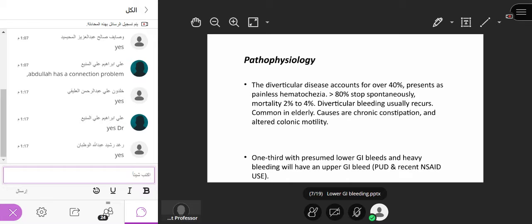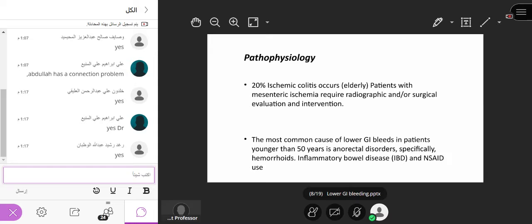One third of patients with a presumed lower GI bleed and heavy bleeding will have an upper GI bleed, as I've told you before, right? Peptic ulcer disease and recent NSAID use. More pathophysiology: ischemic colitis may present with bleeding. With ischemia, necrosis occurs and they may bleed. The most common cause of lower GI bleed in patients younger than 50 is anorectal disorder. In patients more than 50 years, the majority present with lower GI bleeding. They may present with colorectal cancer or diverticular disease, but under 50, usually benign conditions,